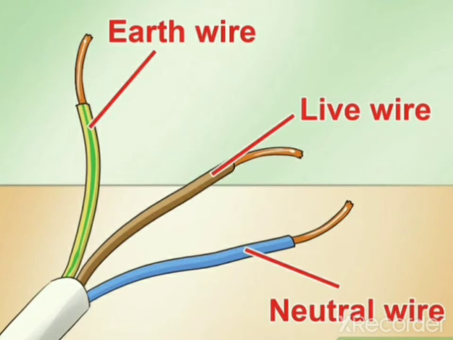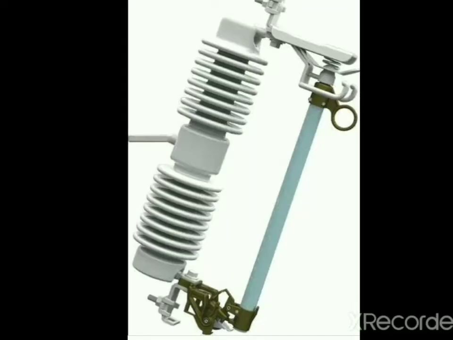So these are the 3 wires. These 3 wires will be twisted together, and from the post or from the pole, it is connected to the kilowatt hour meter, which is situated on the outside of our house. Before connecting the cable from the pole to the meter in the house, first a fuse of high rating is connected in the live wire at the pole. This fuse is called the company fuse or pole fuse.